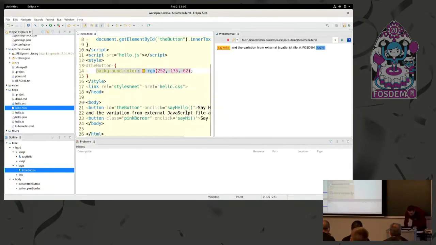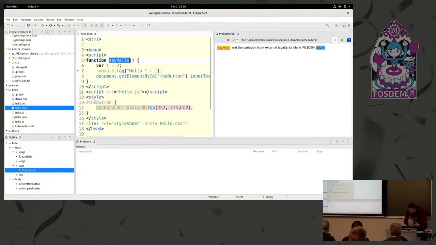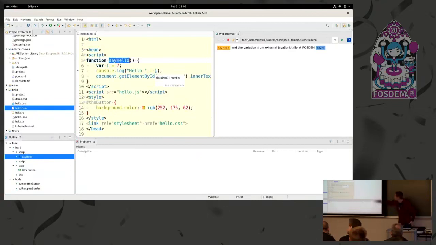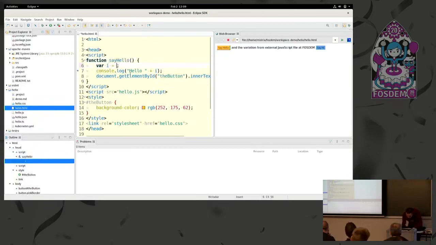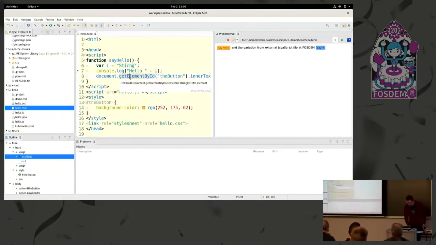We have also embedded JavaScript support. So if I'm here, there is a button on click which says hello. If I control click on it, it will find the say hello declaration in the HTML file. That's a feature provided by the language server. And in this JavaScript file, we get some assistance. So here, if I hover on the variable i, it says it's a number. If I change it to be a string and hover again, it becomes a string. So the IDE reacts properly to JavaScript change. We get completion, we get content assist,